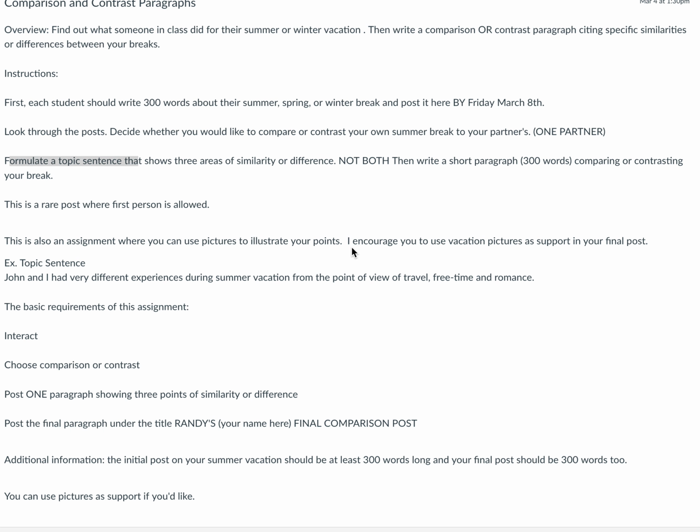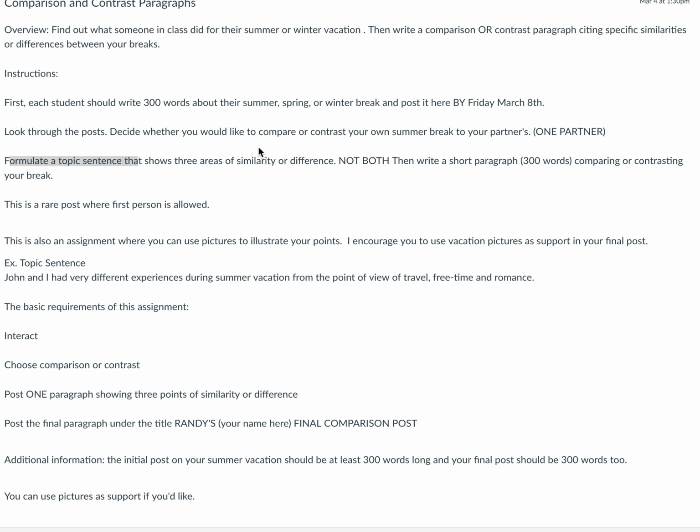Hopefully you'll be able to cast aside your cause essay information that you've just been learning about and move directly into another mode of rhetoric, which is about similarities and differences. The first thing you're going to need to do in order to write an academic paragraph about similarities and differences is to have some source material.